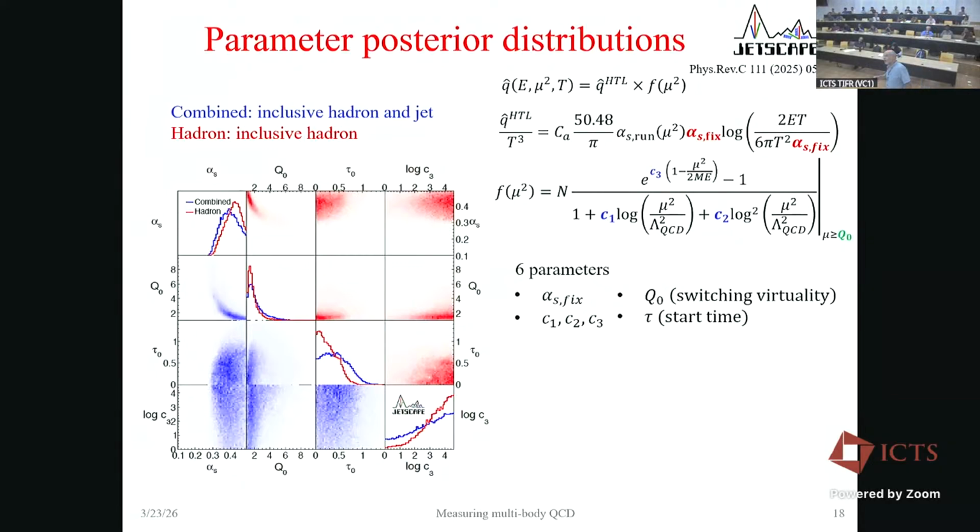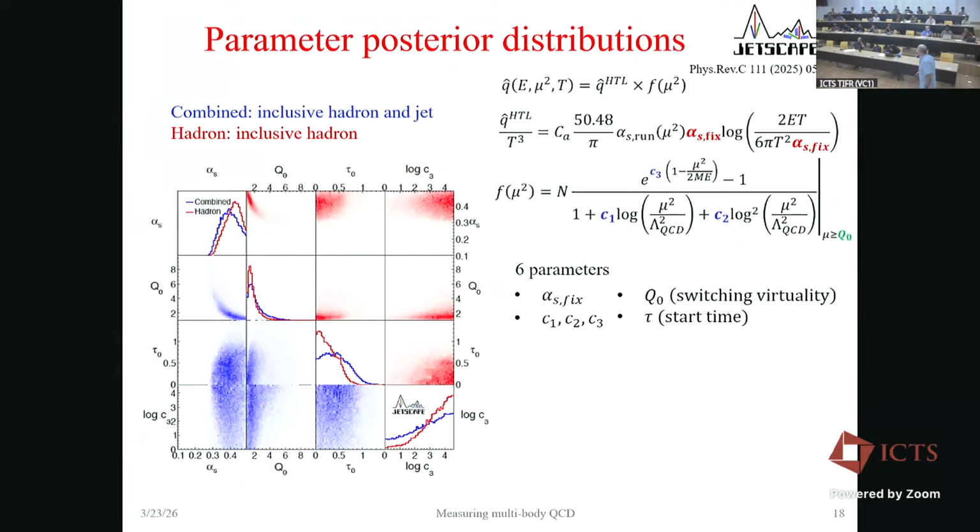Blue is if we take all data, hadron and jet, and red is if we only consider the hadrons, we ignore the jets. We can do that. And so there's a difference in Q hat if you only include hadrons or if you include hadrons and jets together. This parameter, the starting parameter tau, not terribly well constrained, and this virtuality, C1, C2 aren't constrained at all,